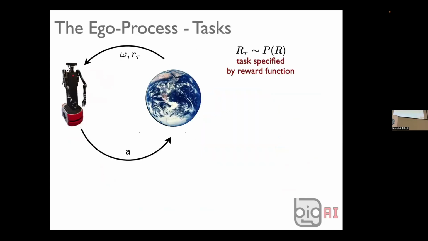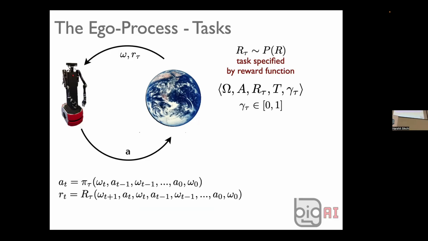So if we want to formalize what a generally intelligent robot would look like, we would say it has some very complex observation action space, and then we hand it task after task. Each task is drawn from a distribution of tasks, and we formalize each as a reward function. If we put that reward function together with the observation action space, we get this, which should be familiar to you.